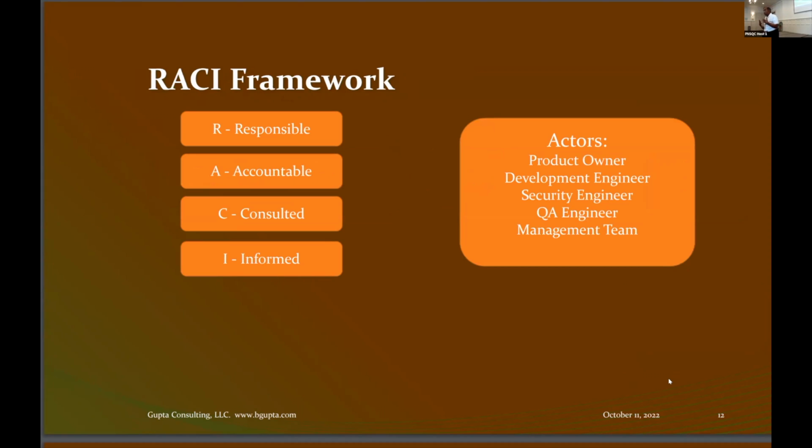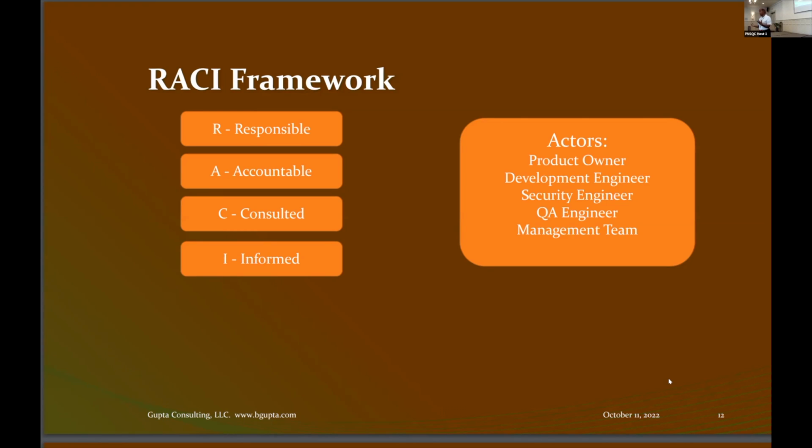So here is a framework of who should do what. This shouldn't be new because I used it almost 20 years ago. It's called RACI. R stands for who is responsible for this particular work. For example, if you're talking about testing a story, who would be responsible to do that work? A stands for accountable. Who's on the line if things didn't happen? Somebody accountable, maybe a higher level person, who will be accountable if the job doesn't get done.